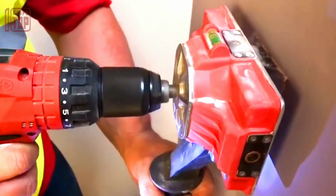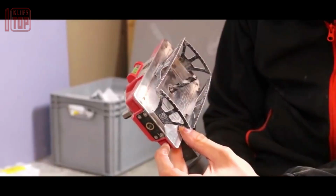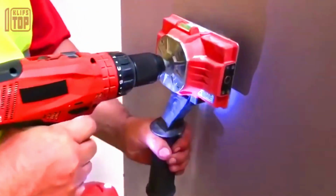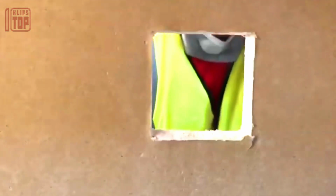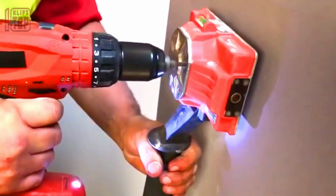The blade boasts adjustable depth, allowing for optimal customization, and it can withstand approximately 280 cuts in drywall up to 3.4 centimeters thick. One notable advantage of using the QUADSAW is the reduced debris during the cutting process. The standard kit, priced at $200, encompasses the essential components for immediate use. It's worth noting that the manufacturing of this remarkable tool takes place in the UK, contributing to its reputation for high quality and